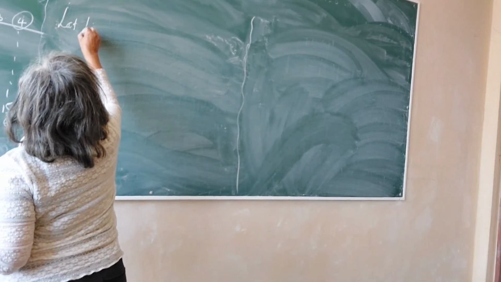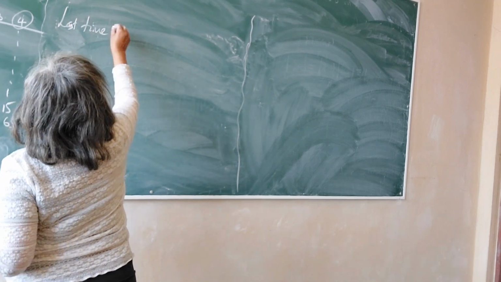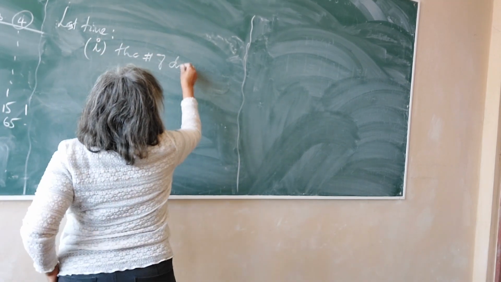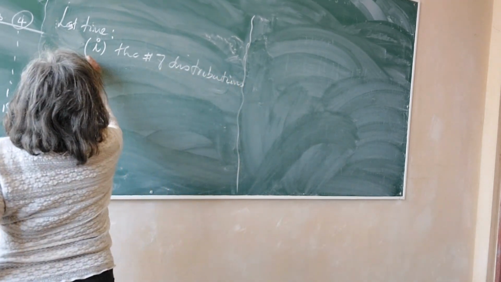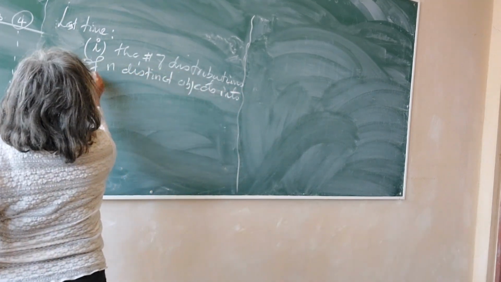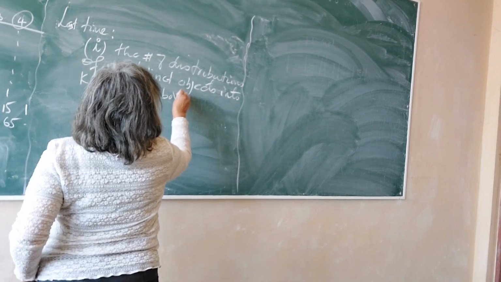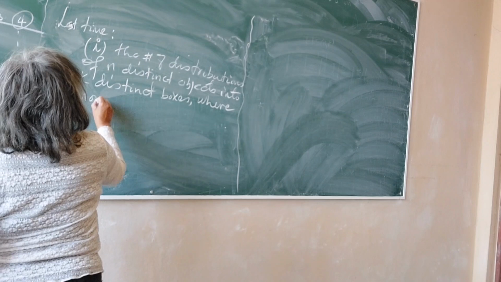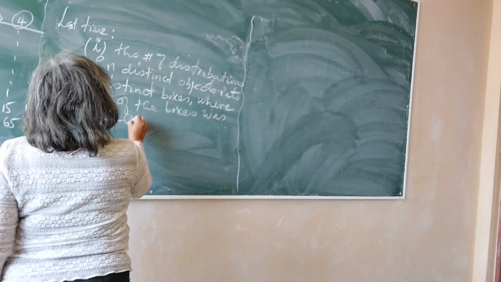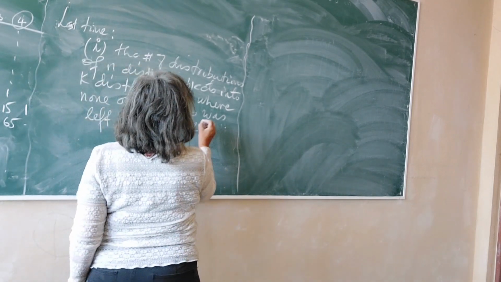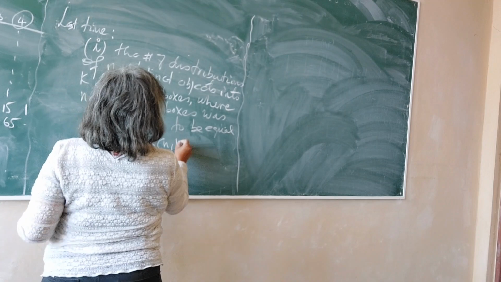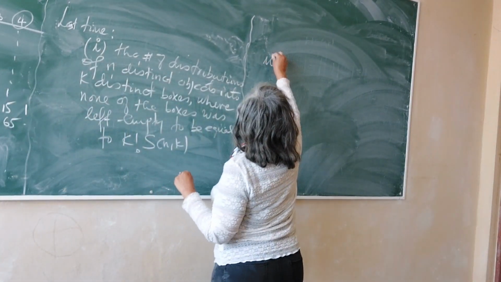Okay, so last time we saw two things. One, that the number of distributions of indistinct objects into distinct boxes where none of the boxes was left empty is equal to k factorial times S(n,k). Remember? And then using that,